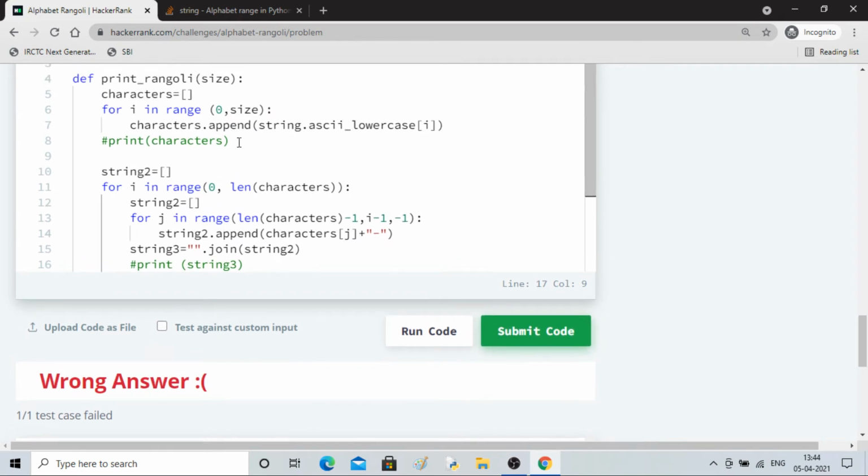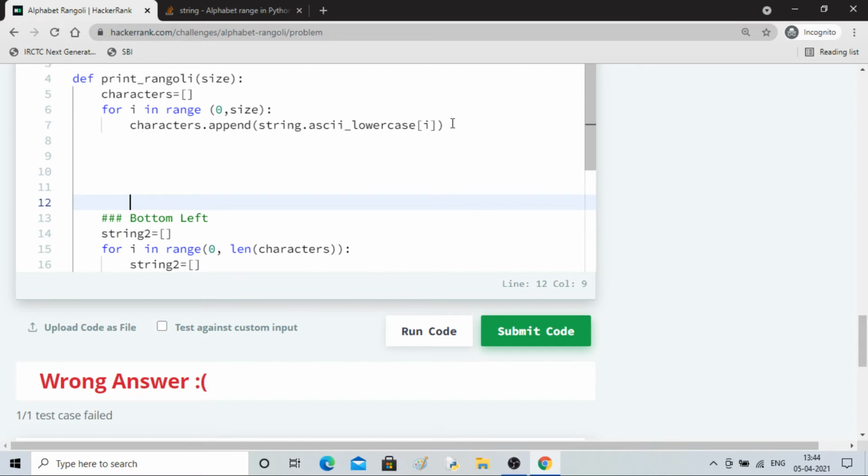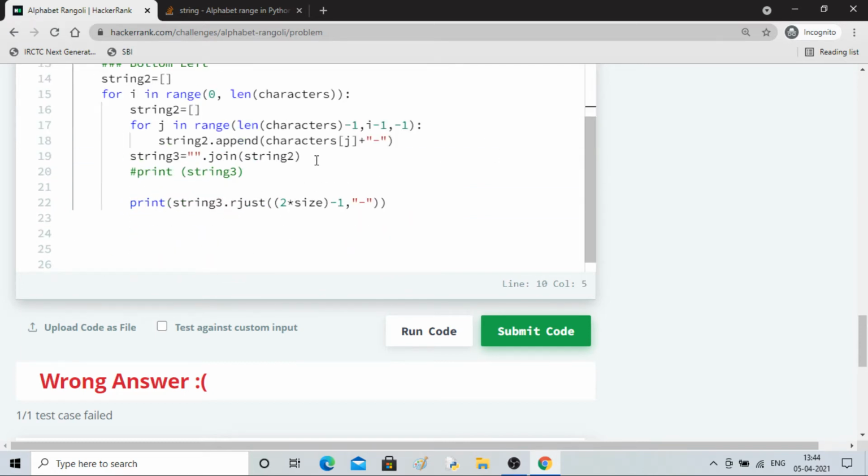So let me comment these, remove this. I can comment here: bottom left. I'll take the same code and try to manipulate the integer values.